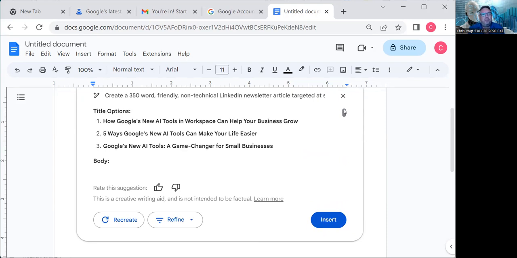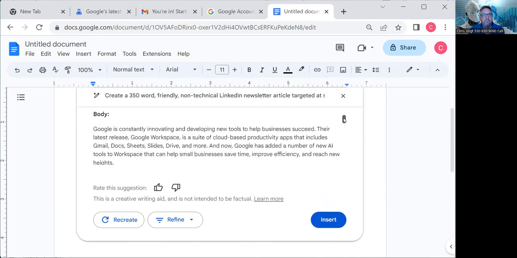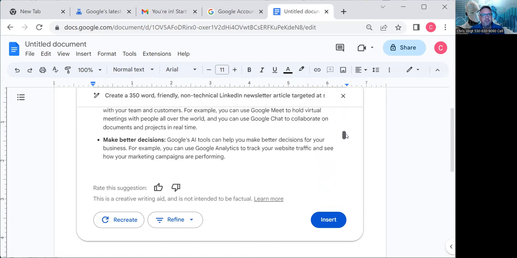So here we got 3 different title options. And I do like the way that this is formatting. So it is giving you some great formatting, some bold and non-bold text. And of course, you would edit it out, take out things like title options and body, just choose what you want to. And looking through here,